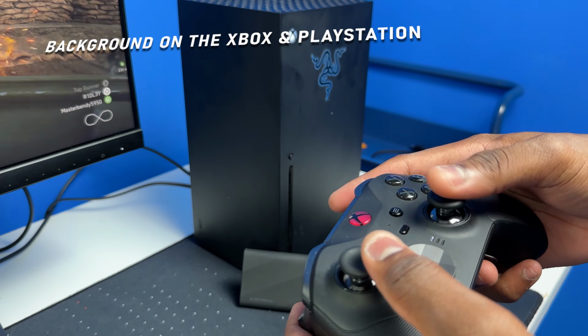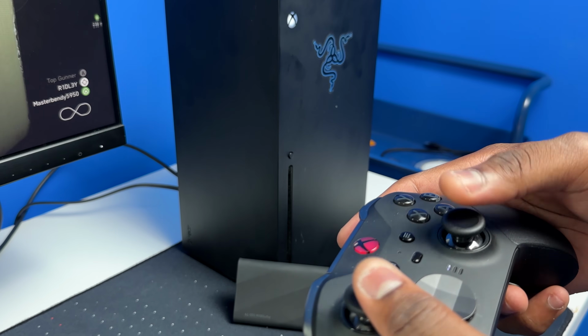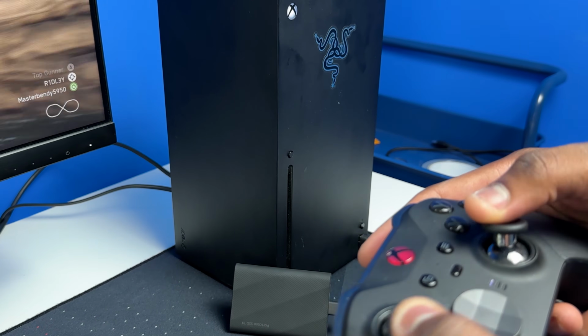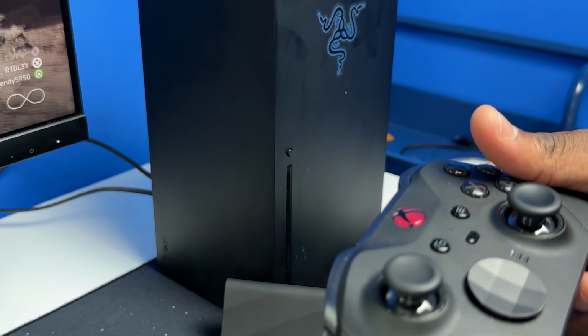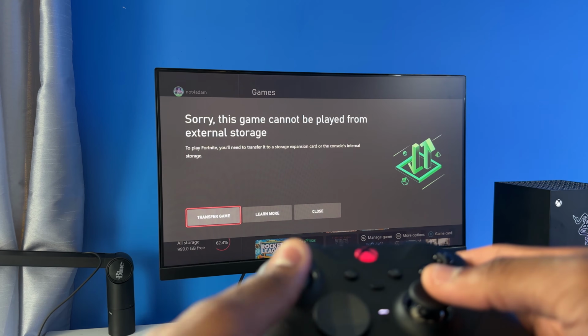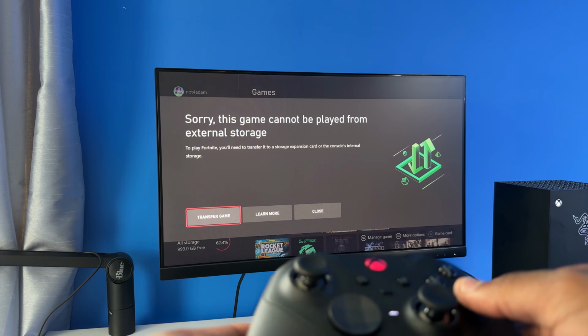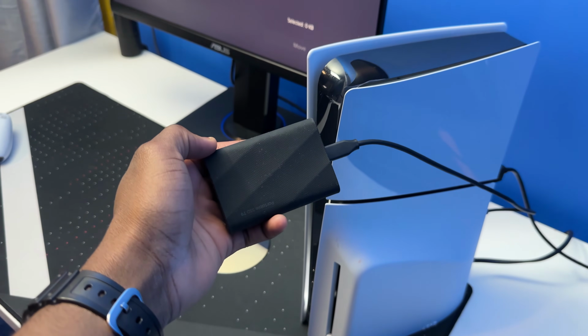Now, right off the bat, Xbox is leading when it comes to playing games on an external SSD, because you can play games directly off this SSD without transferring it over to the Xbox internal storage. You can do this with pretty much all games on the Xbox except for the ones that are optimized for Xbox Series X. On the PlayStation 5, all you can do is just store extra games on this SSD, but